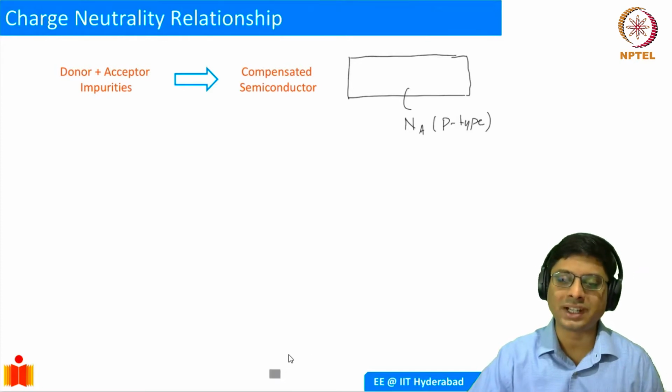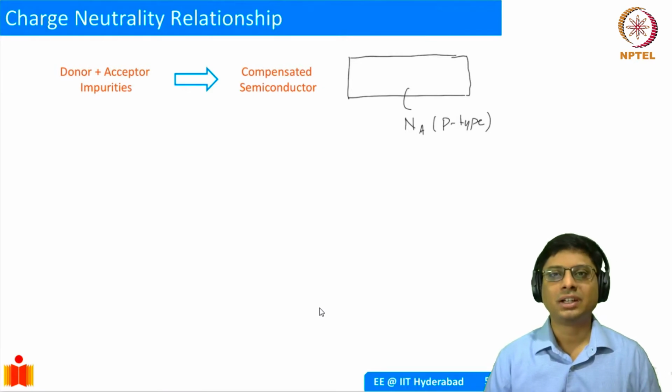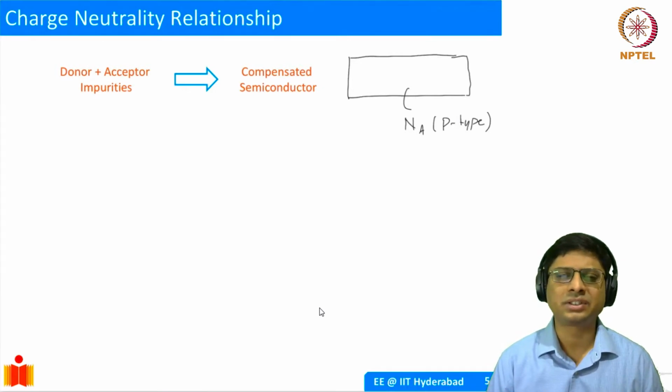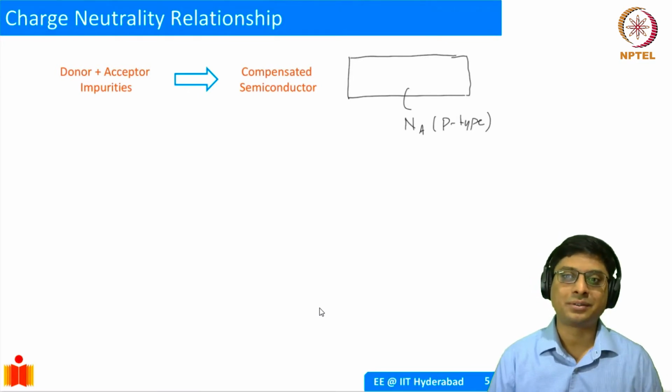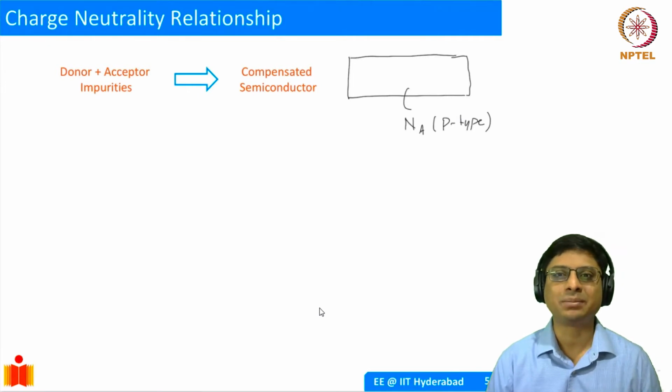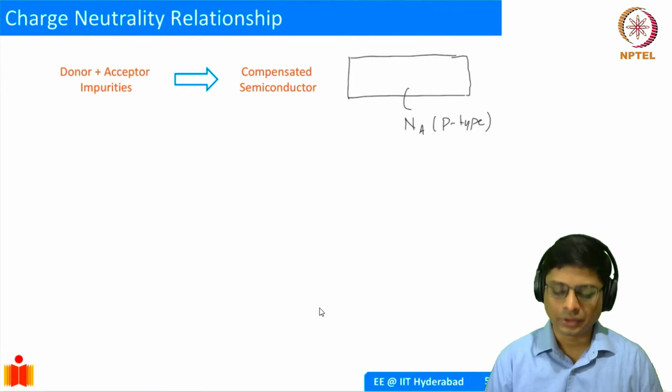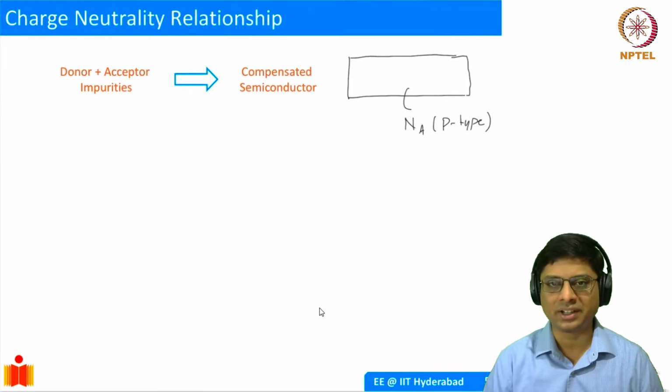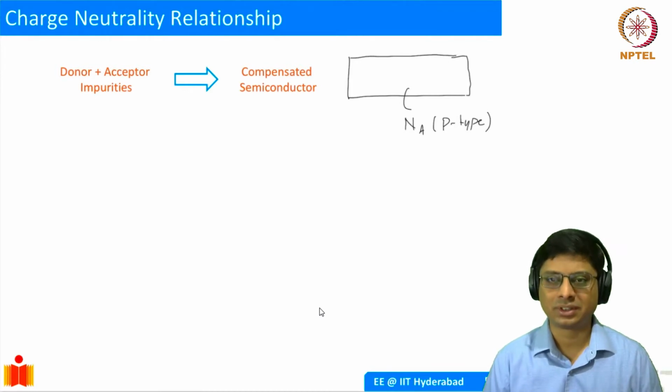I need both n-type and p-type devices. We can't work with only one of them. We could do something, but it's not going to be very helpful. It's essentially a piece of resistor, right? Only one type of carrier is there, nothing much. It will have some resistivity, but nothing interesting happens. But if you combine both n-type and p-type, then a lot of interesting things can be done. So I take this initial piece of p-type semiconductor and I want to make it n-type. How would I do that?